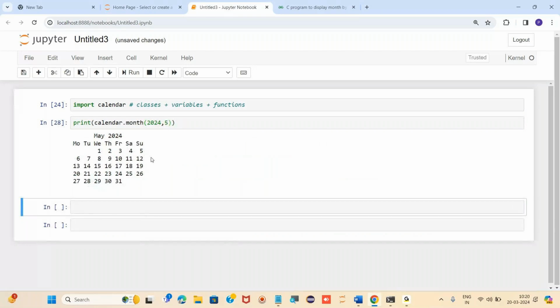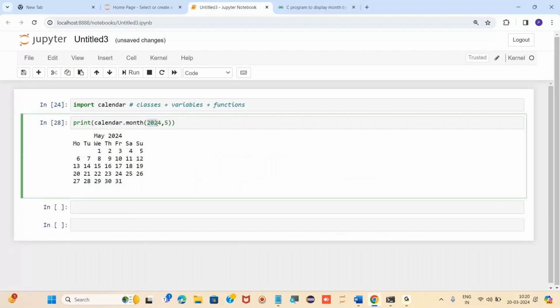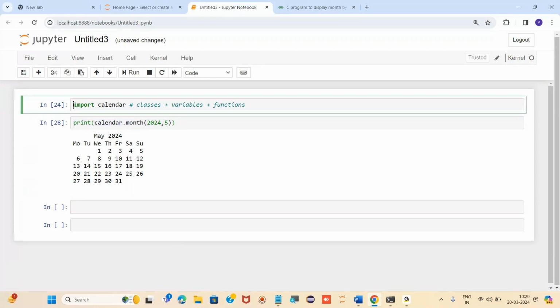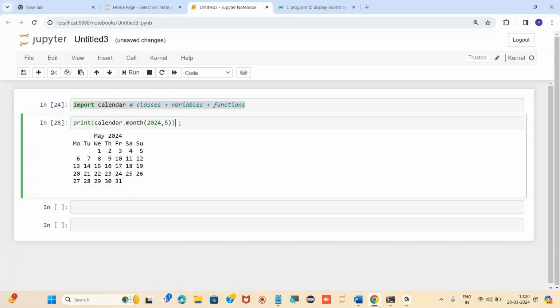So it is giving 2024's fifth month, meaning May, with every detail. This is as simple as you can see. With only two lines we are getting all the features, all the classes, variables and functions of the calendar module.